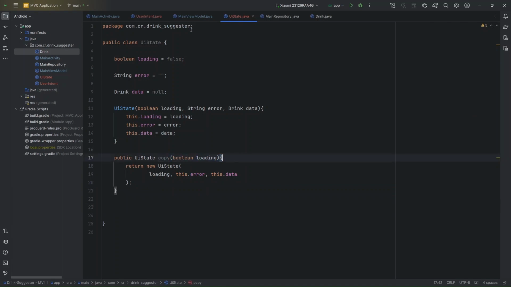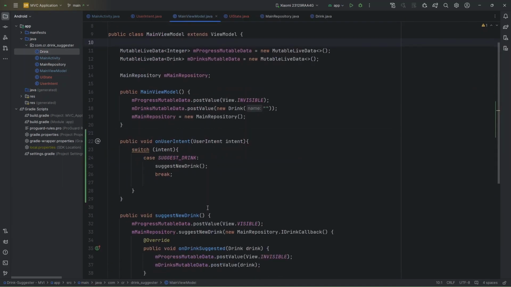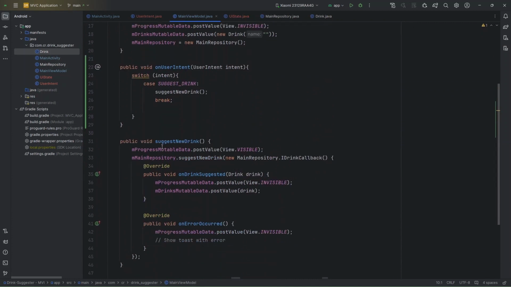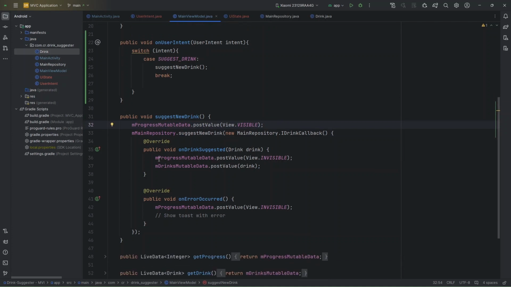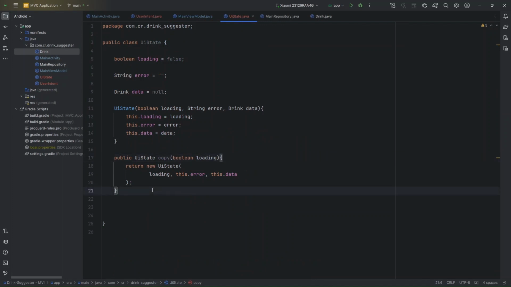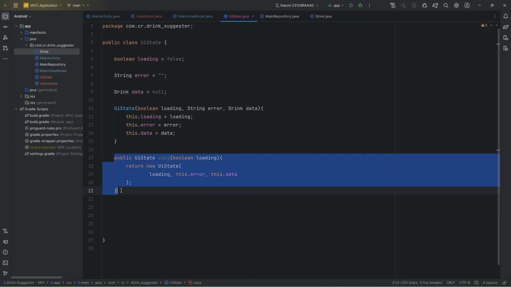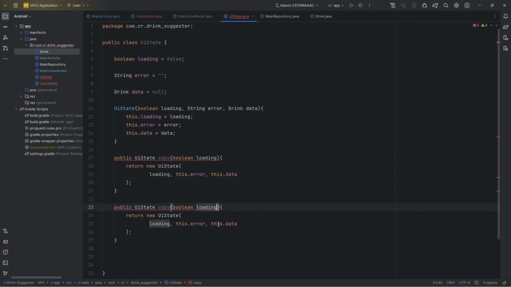So this is the case for this loading update state. And now we have to update the state of this one, which is to update the loading state as well as update the data. Copy this one, and now we have to pass the data along with this. Okay, so this data needs to be passed here